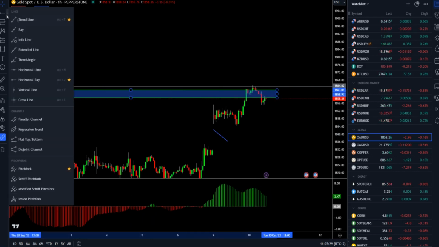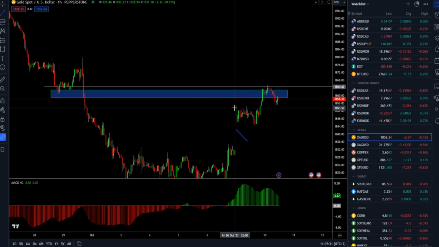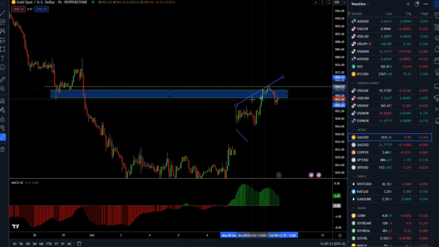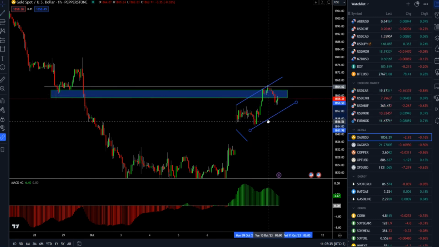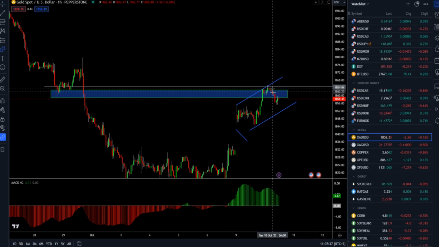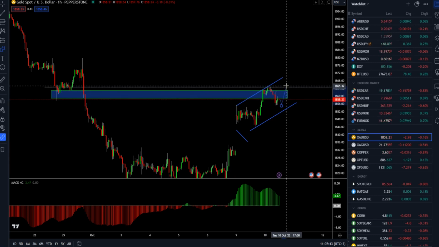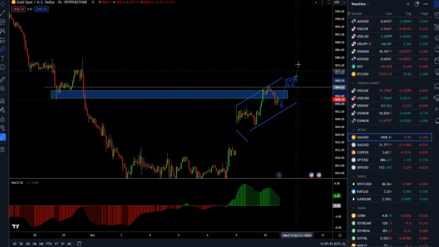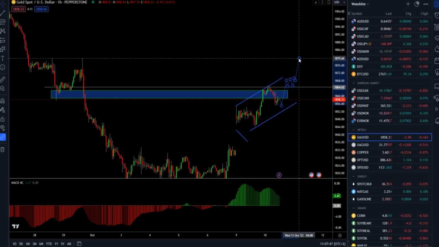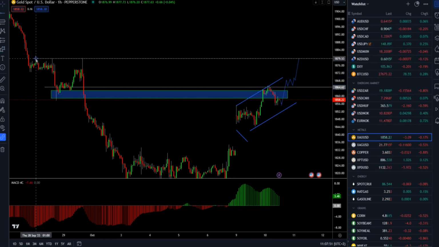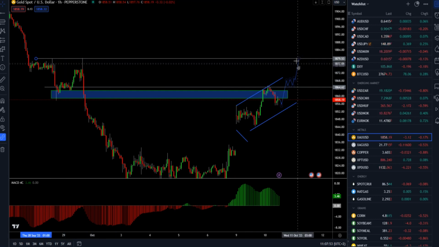So far, we have a scenario where potentially this can be a running flat type of correction. And as long as we are trading in this area, there is a chance for higher prices. I would like to see the market retake 1865 and then hold above for further higher prices towards the 1879, which is basically this pivot, the swing highs on the hourly time frame here.